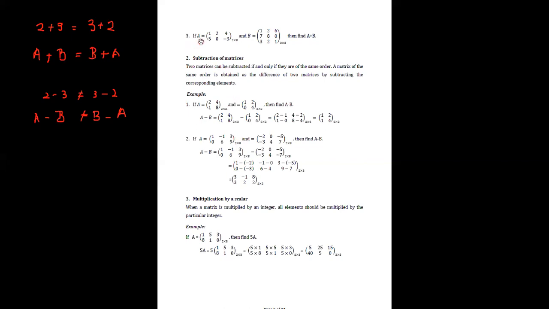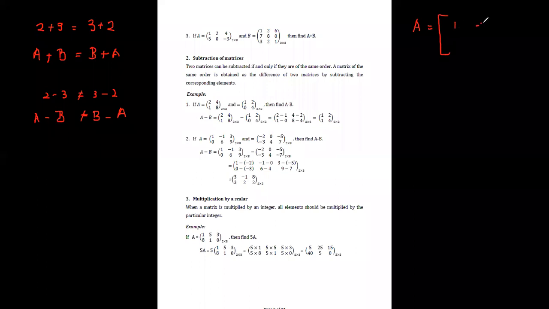And if you consider this, I will write an example. Suppose that matrix A is given as a 2 by 2 matrix having the elements 1, minus 2, 5 and 0. Then this is a 2 by 2 matrix, and if I take matrix B this way, with 1, 5, 7, 2, 0 and 9, and you are supposed to perform the matrix subtraction A minus